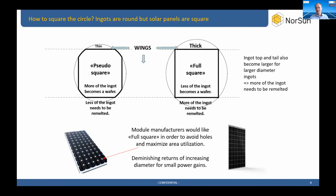And some of you may remember all the way back to the beginnings when the wafer size was even smaller. There were round wafers to start with, essentially wafers from the semiconductor industry. And that was, of course, the optimal wafer size compared to the ingot. Then the wafer needs to go into a square panel, and with the round wafers you can arrange them in hexagonal formats, but then you have problems with the edges and corners. So it's better to fill the module with squares, and so the pseudo square came,